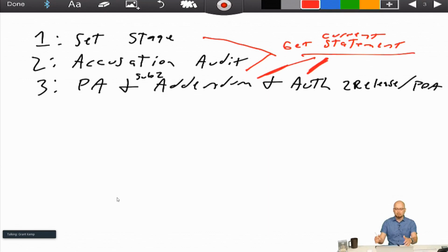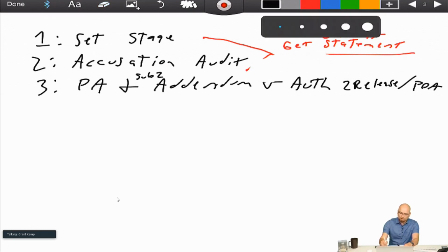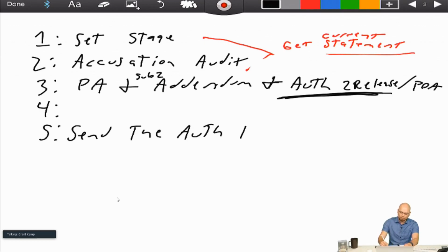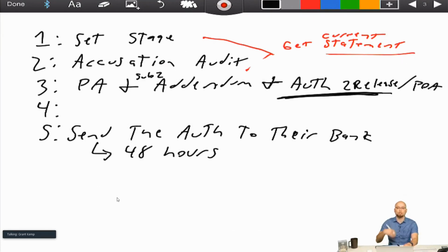So that's why it's really important to me that you do get, when we talk about what parts to get signed when, and I said, hey, you can get your power of attorney signed at closing, but you do need this authorization to release signed at the contracting period, because what you're going to do immediately upon contracting this house is send the authorization to their bank. Okay. Now, part of sending this authorization to the bank is that it typically is going to take 48 hours for them to put that into play, where you can actually call back, or somebody from your company can call and get the